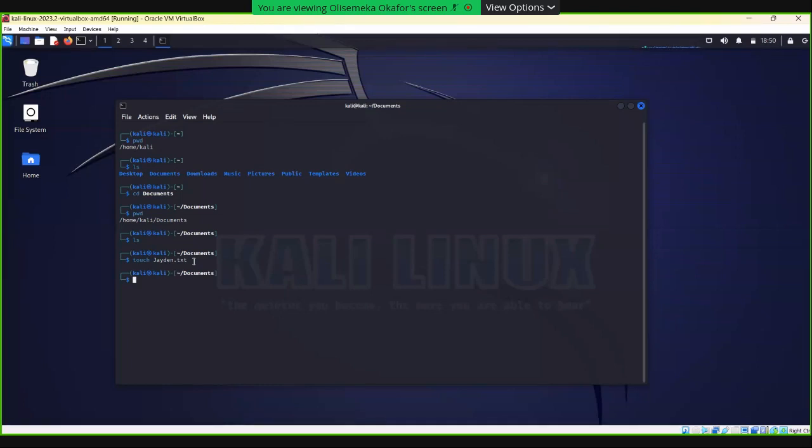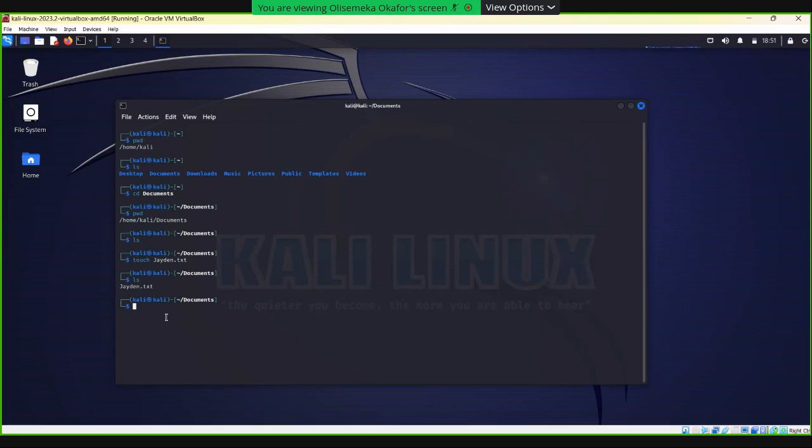Okay, so we have created a text file named Jayden. Now let's check if it's in our directory, right? So what do we use to check if it's in our directory? What do we use to see the items in our directory? What are we going to type right now? LS. LS, exactly. Let's go. Great. So look, our file is there. We have jayden.txt in our document folder.